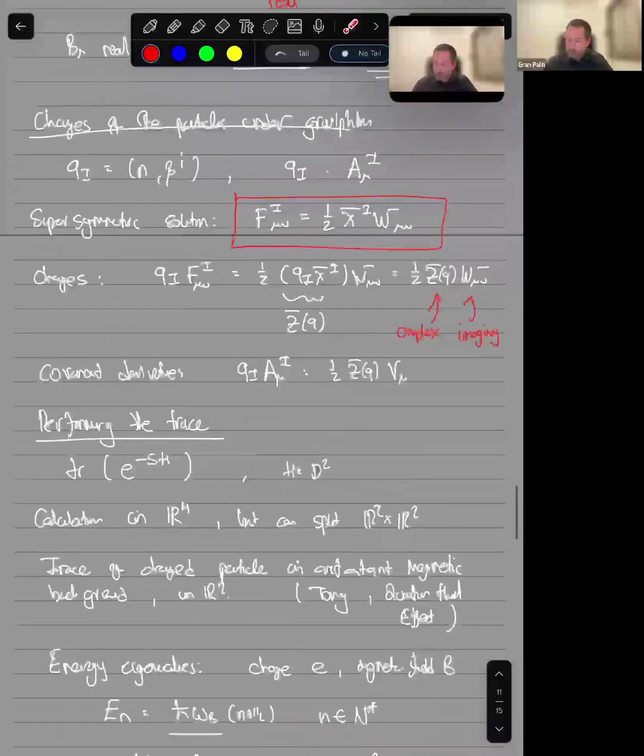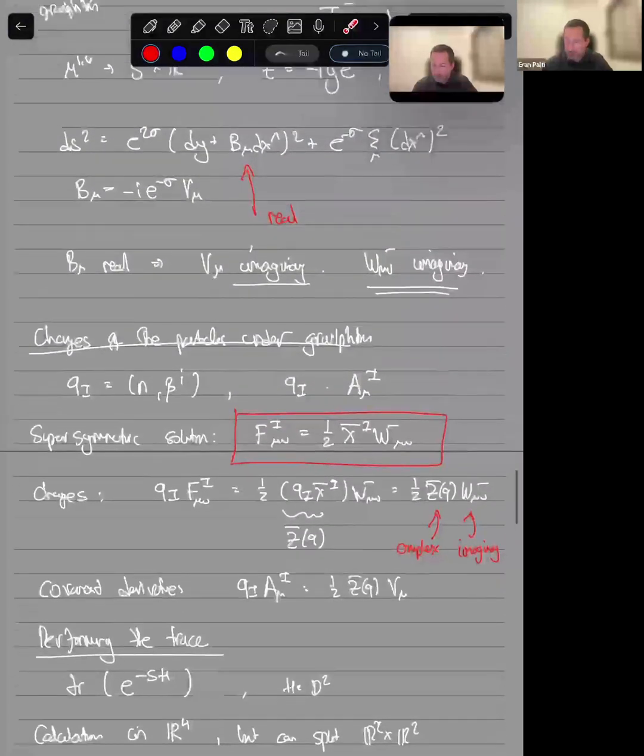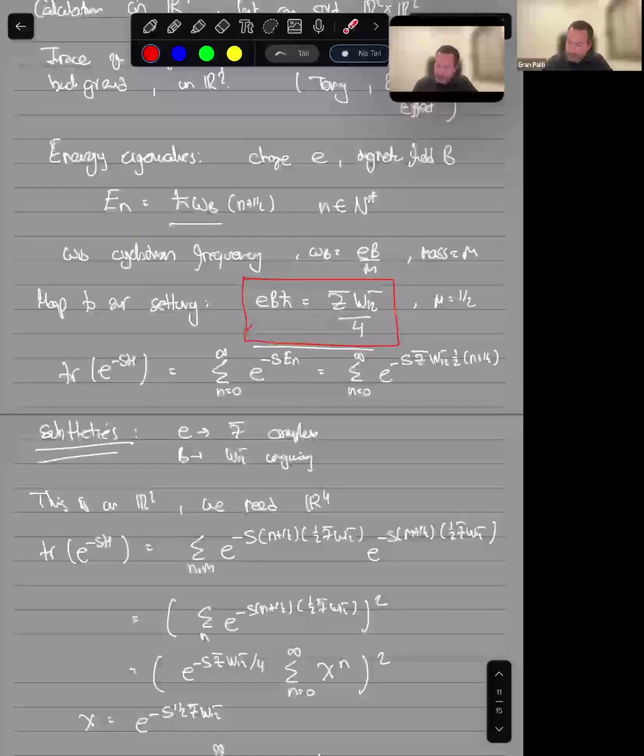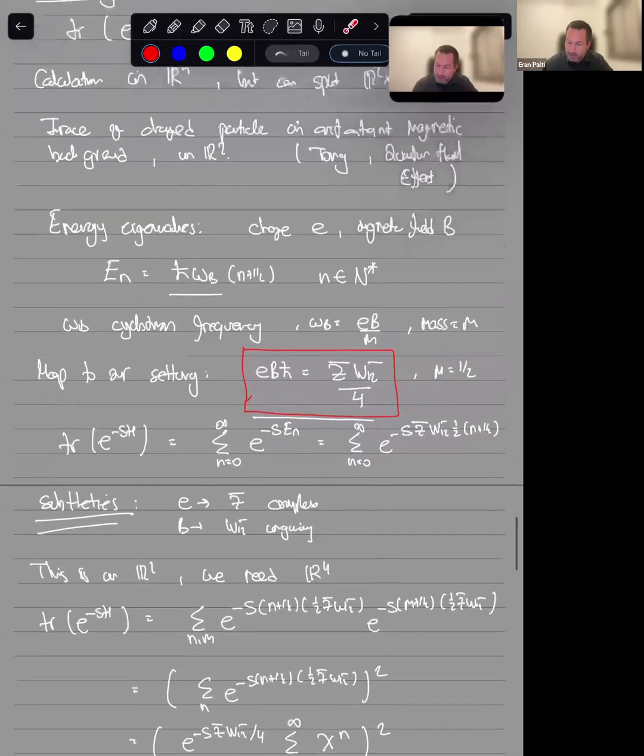The main subtlety is to do with the fact that the graviphoton background has to be imaginary. This is because if we wanted the 5-dimensional metric to be real, we had to choose the graviphoton to be imaginary. There was a subtlety that I didn't have time to go into in the first lecture. Maybe I'll quickly talk a little bit about it now, to do with when we integrate out,